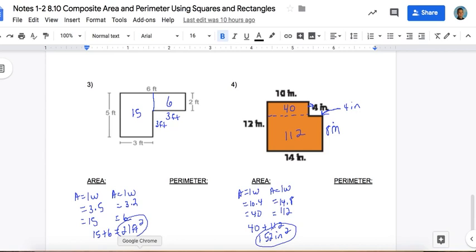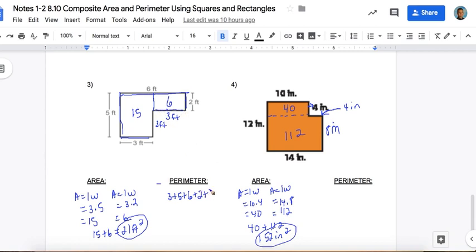Okay, now we're going to go back and do all the perimeters. And since these two are already up on my screen, let's go ahead and do these two first. So the first thing I want to do is make sure I count my sides so I know how many numbers I'm adding together. So here's one side, 2, 3, 4, 5, and 6. So now I'm going to take them and add them up. So let's start with this one here. So we're going to do 3 plus 5 plus 6. And remember, I need 6 numbers, plus 2